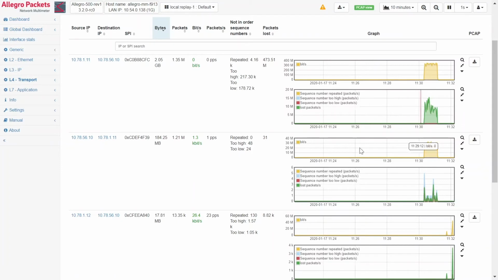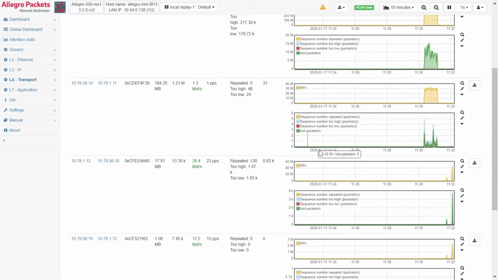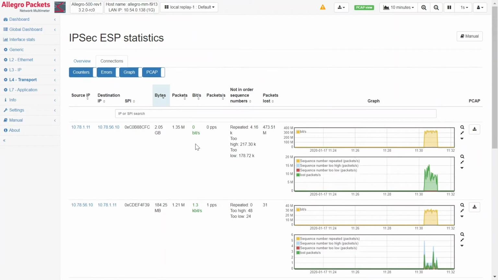Here we had one connection which was very bad, with millions of lost packets, and others like this one, which was very good, with 2, 3, 4, 5 lost packets. This helps to identify IPsec connections with good quality and bad quality, and it helps a lot to improve the view, especially for people who are working remotely with IPsec.